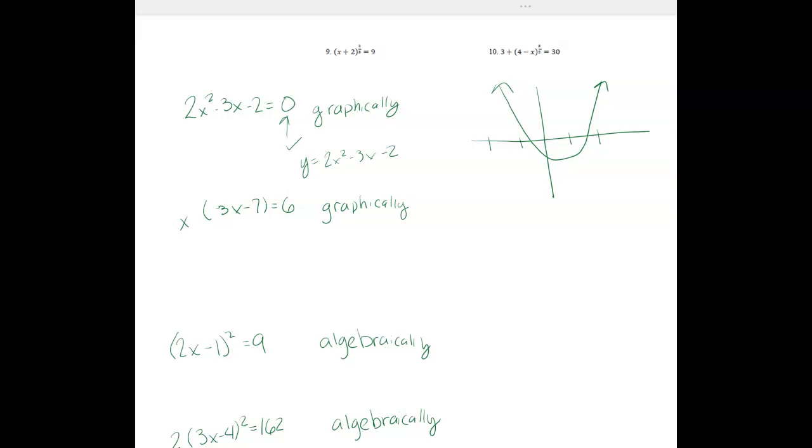Alright, so now how am I going to figure out what this point is? Well, I'm going to hit second, and I'm going to hit trace, but it's actually going to take me to what's called calculate. And like I said, there are a lot of different names for x-intercepts. Another one of those names is a 0. So I'm going to scroll down to 0, or I can just hit the 2 button, hit 0,